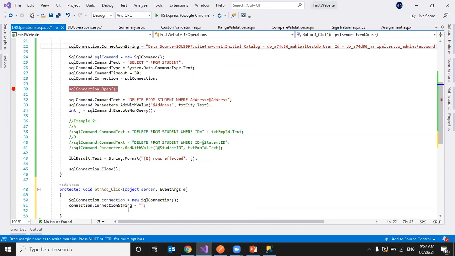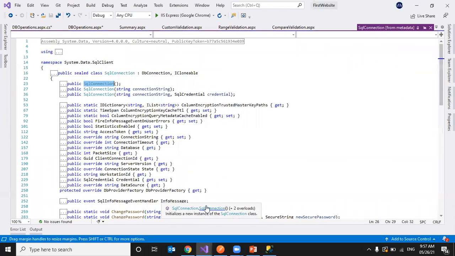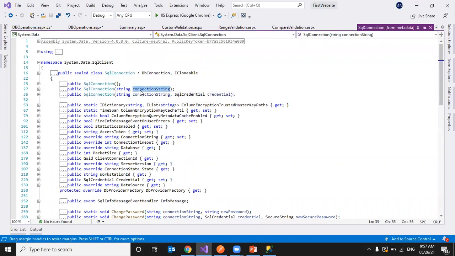The connection constructor takes overloads: an empty constructor, a 1 parameter constructor with the connection string, and a 2 parameters constructor with credentials.